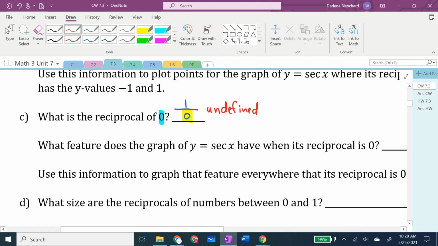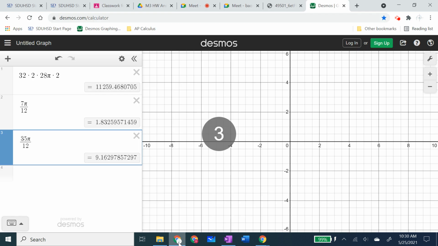But let's talk about what kind of undefined that's actually meaning. So what I'm going to do is I'm going to talk about what happens when that denominator is getting close to 0. If I go back over to Desmos